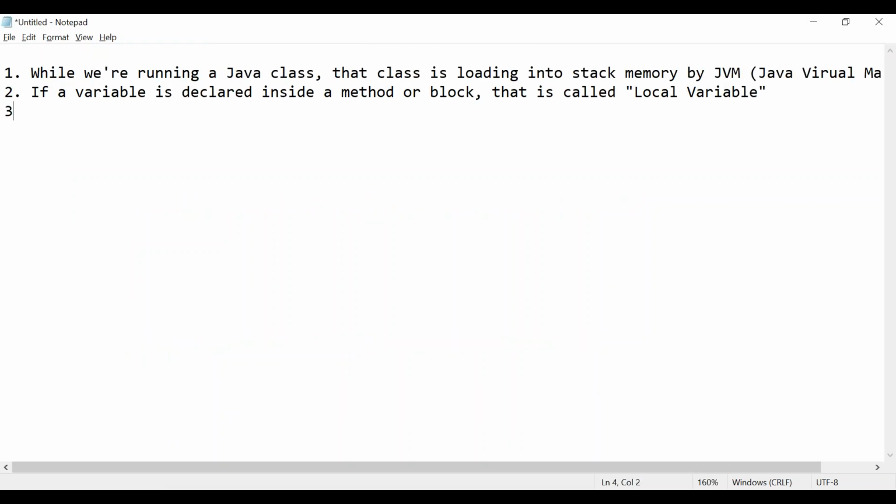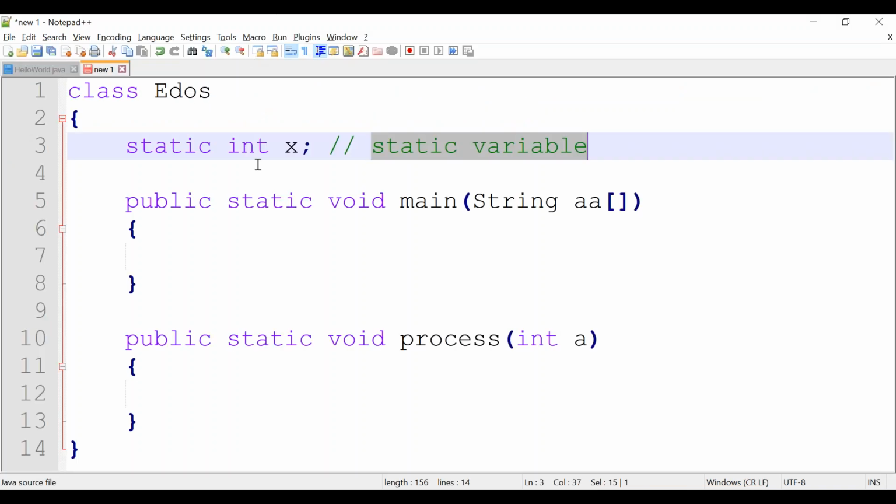We can take the notes. Static variables should be declared with the static keyword. Here we declared x with the static keyword. It is a must.